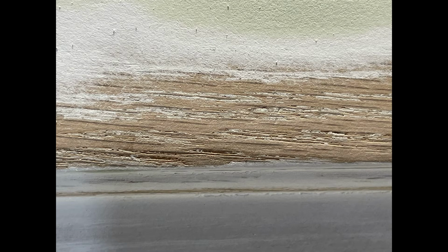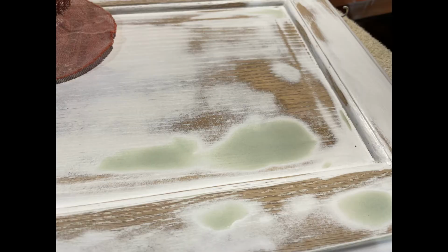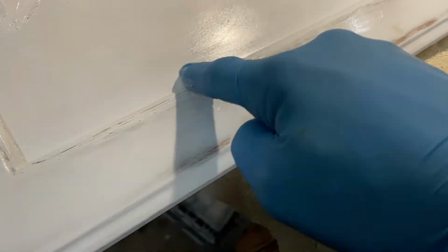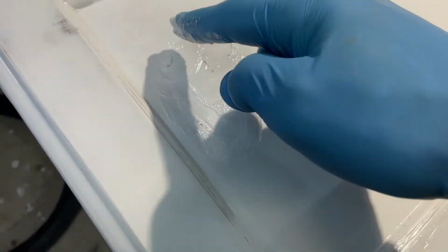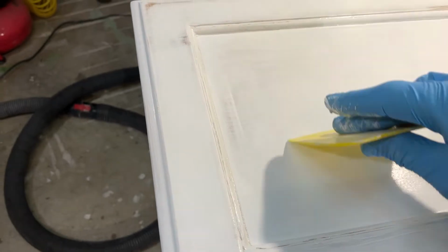Here you see a close-up of what I'm dealing with, those crevices in the wood that I'm working on filling, using everything I can to get in those crevices and stay. The green is the thickened epoxy, the white is either paint or primer. This is Aqua Coat. I'm rubbing it in with my finger, trying to get it worked into those crevices. The Aqua Coat was probably the easiest thing to work with, but it shrunk so much when it dried that I had to go over it multiple